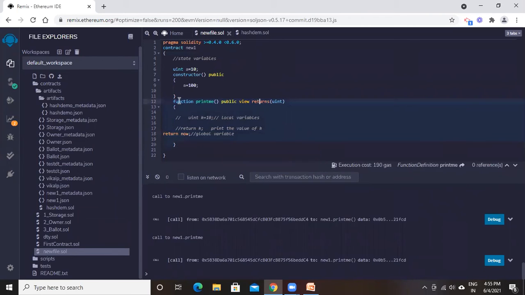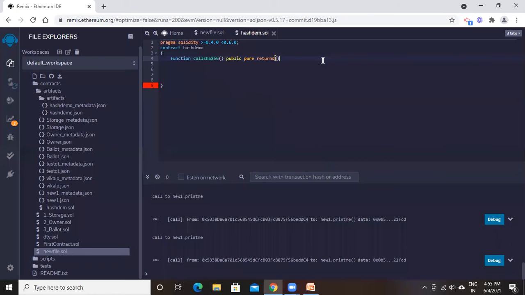Returns will be used within the same line of the function, and we use return when we are returning the value. So here let's write returns. What it will return is the address. So what you can do is give it some bytes32. You can give some variable, maybe result, res, and this is the function. So here we have created one pure function. In a pure function, I can just return, only return